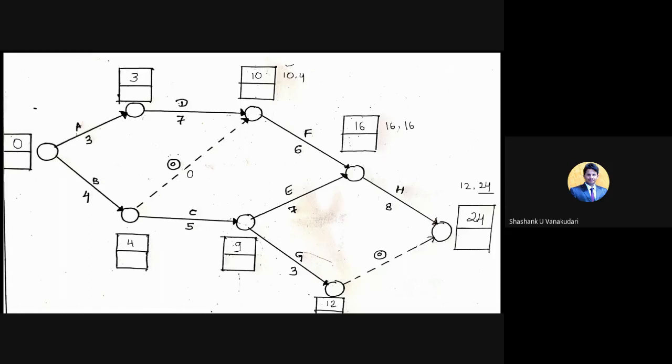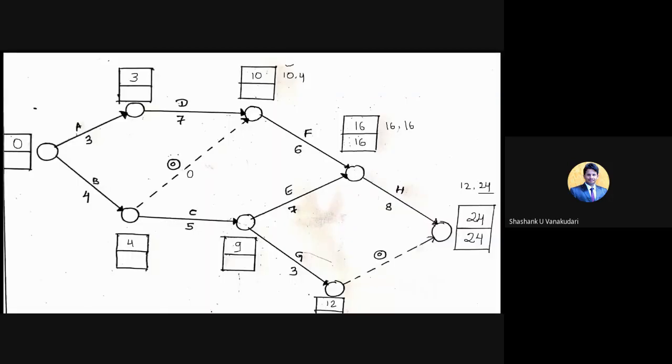Okay, and the key note we have given while solving the network diagram: the last EST will become the first LFT in the reverse. So I am writing the same value we got here, that is 24. Now we just need to deduct the durations of those activities and fill those values in the boxes. So now 24 minus 8 becomes 16, and then 24 minus 0 will be 24. Okay, and now 24 minus 3 becomes 21.